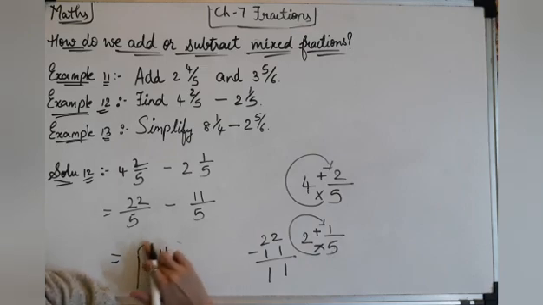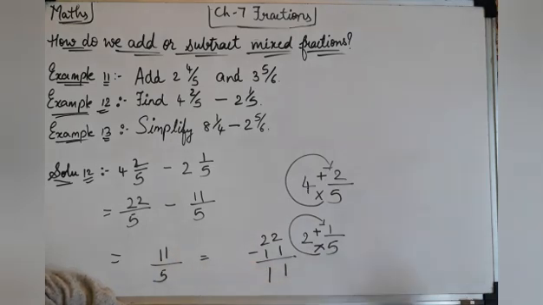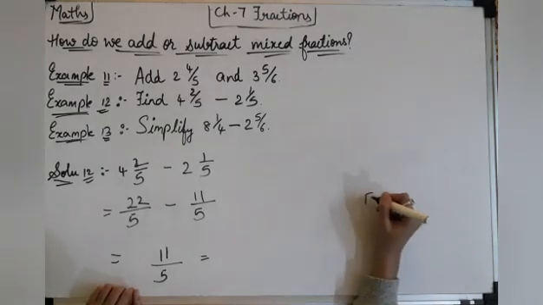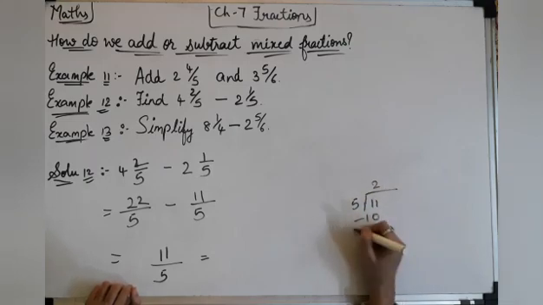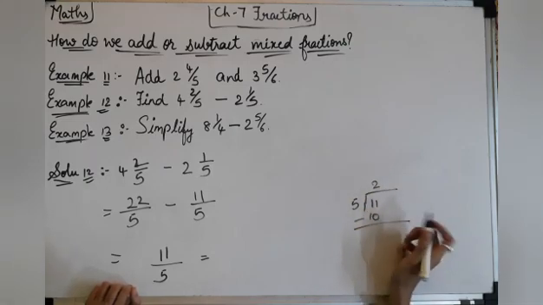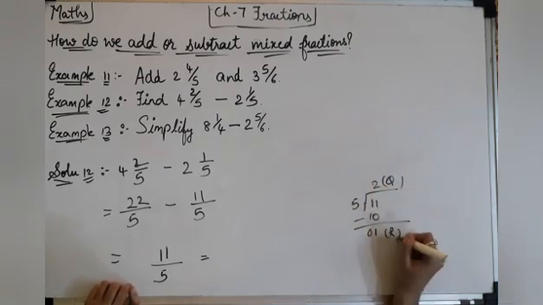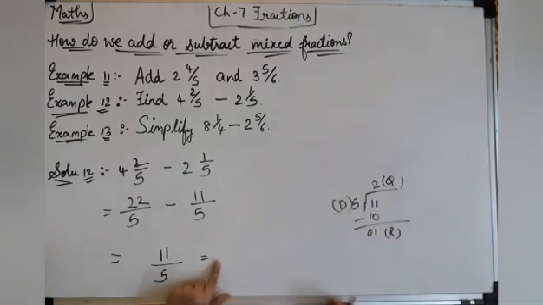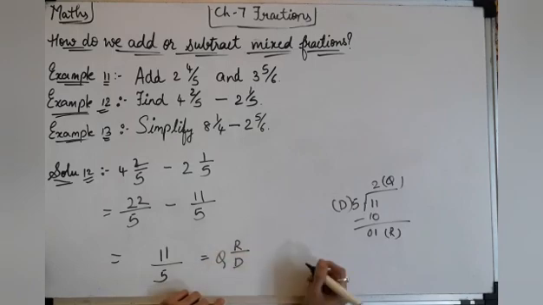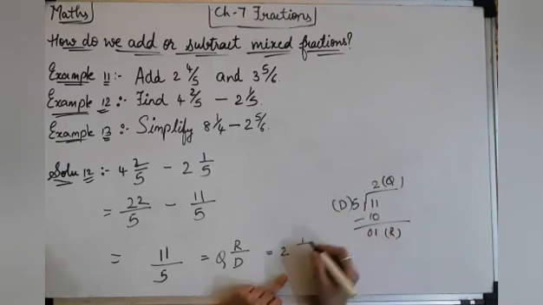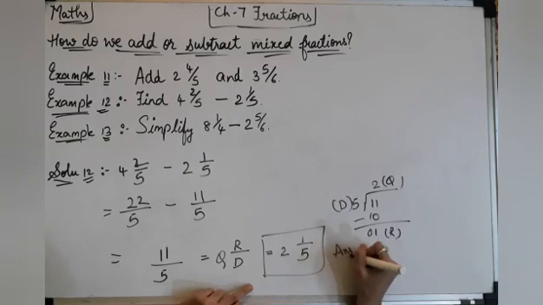But you will say, no ma'am, I have to convert into the mixed fraction. So let's do that. 11 divided by 5: 5 2s are 10, 11 minus 10 is 1. So this is the quotient, remainder and divisor. In this also it was the formula: quotient, remainder upon divisor. So we'll write the answer. Quotient means 2, remainder is 1 and divisor is 5. It is easy. We'll do one more example of this.